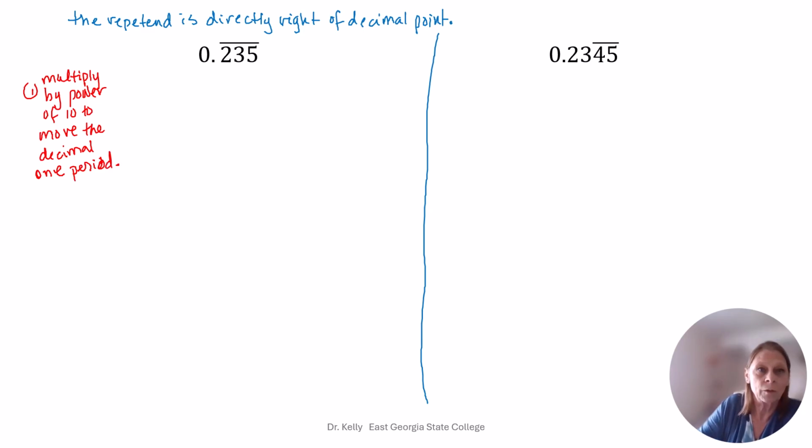Okay, so here we know the period is equal to 3, so we're going to use 10 to the 3rd power, or 1,000. That's how we decide what number to multiply by. So we're going to let n equal 0.235 repeating, and we're going to say 1,000n is equal to